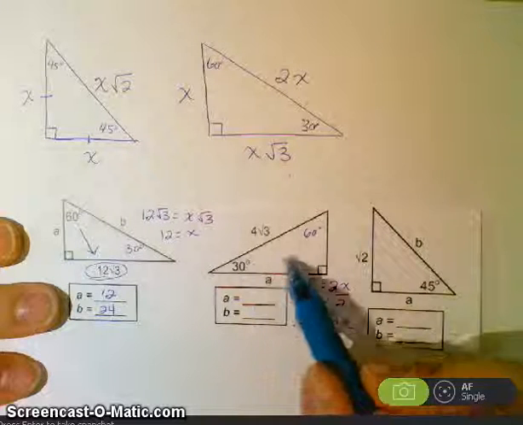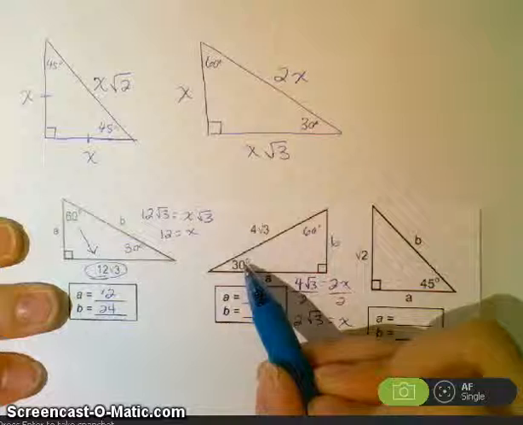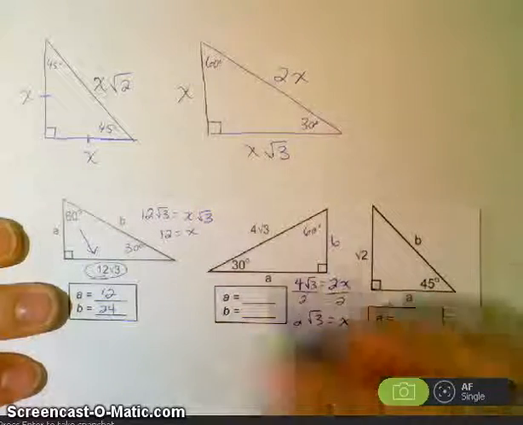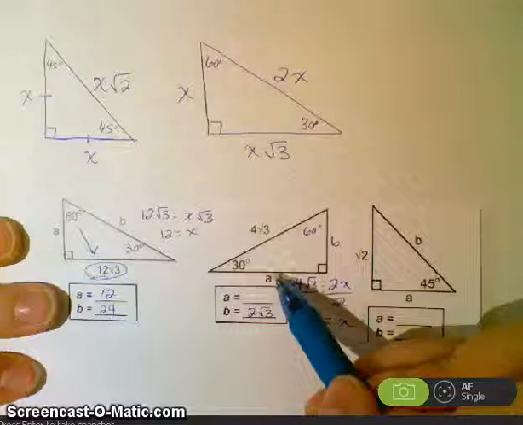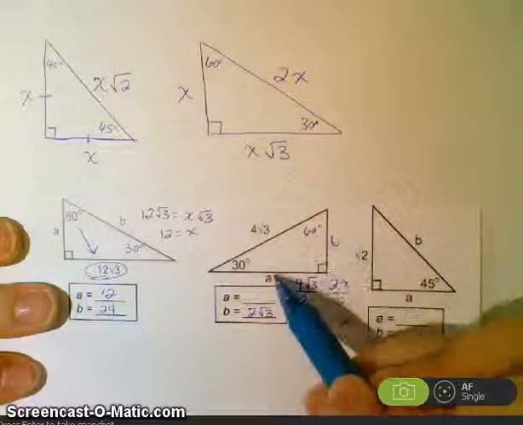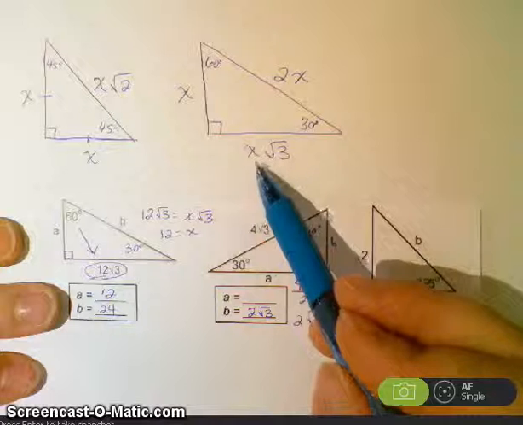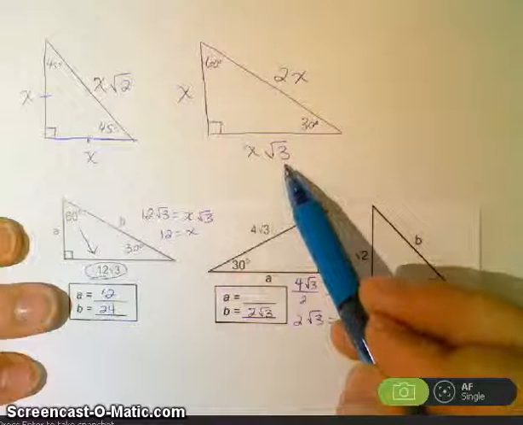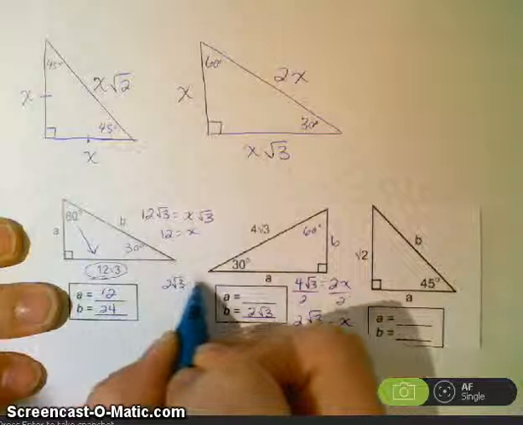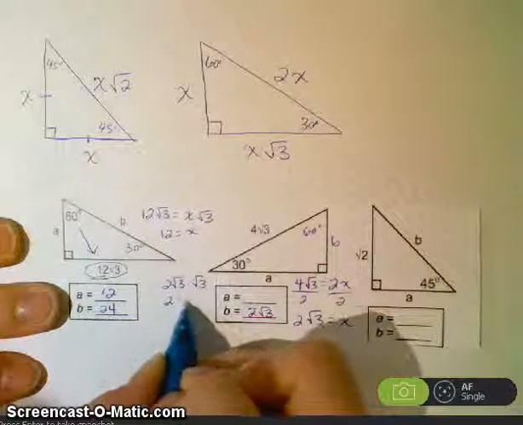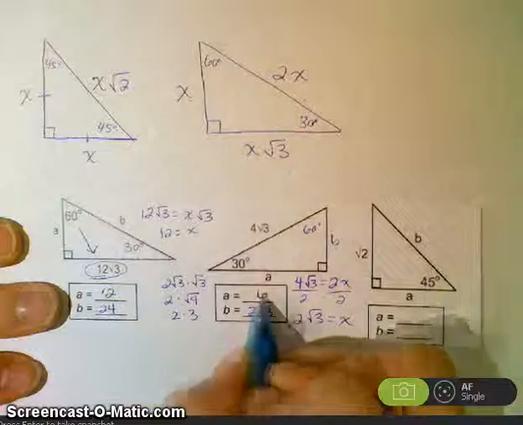Now across from the 30 is where your x value is going to be. I think this is side B. So across from the 30 is the x value, 2 root 3. And now figure out your other letters. So A is across from the 60-degree angle. So across from the 60-degree angle, you take your x value and multiply by root 3. So 2 root 3 times root 3 is 2 root 9, or 2 times 3, which would give you 6